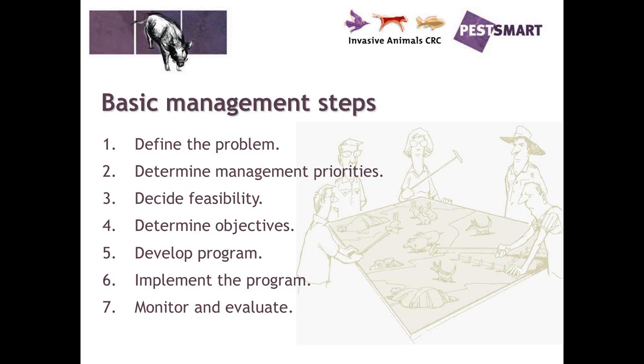So once you've got all that, then you can start to develop a program, and that's, like I said earlier, coordinate with neighbours, work out when things should be implemented, what's the most suitable time, what's the most suitable technique available for this particular area, and then you implement the program, and all the while you should be monitoring and evaluating its success. It's also a good idea before you do any control whatsoever to get a bit of baseline information that you can compare to throughout the years of the project, and then you can monitor it, as I said, evaluate it, refine if necessary, or keep going if it's working.